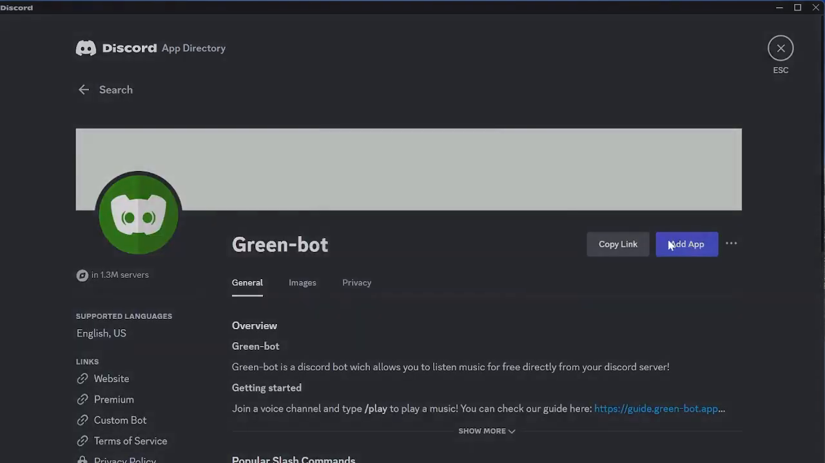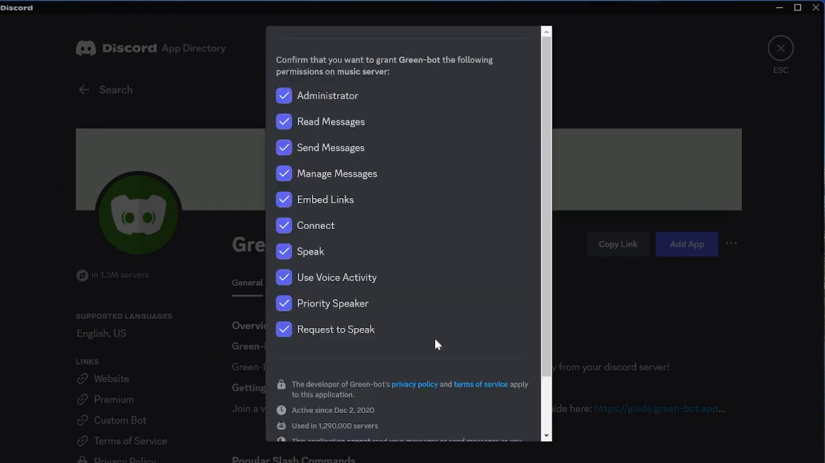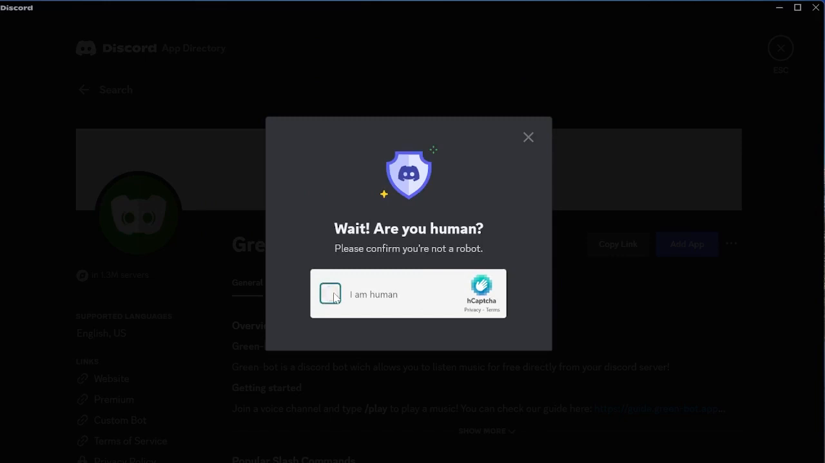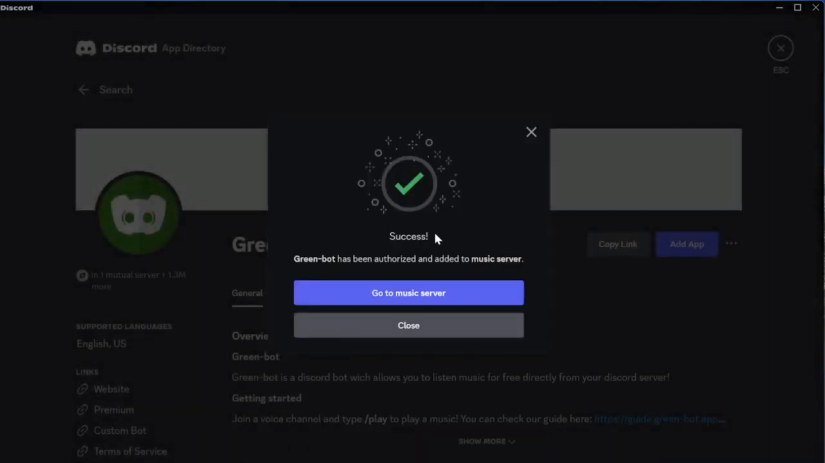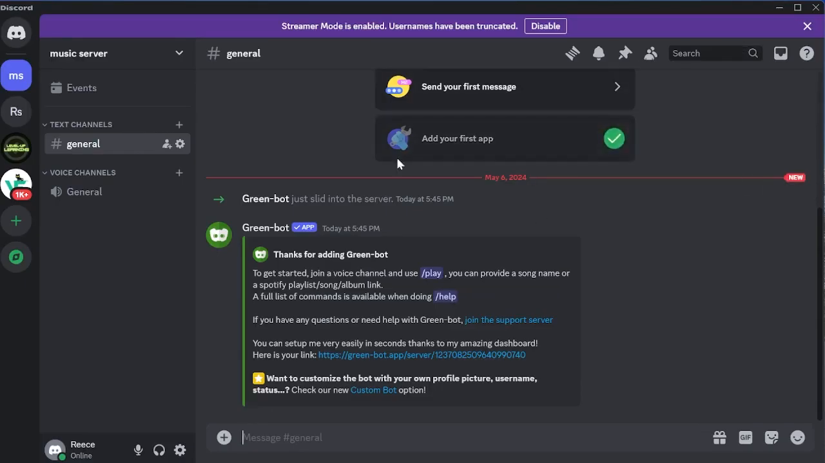Then select add app and select the server that you want it to add to. Mine's already selected, and then we can press continue. Make sure all of these are checked and come down to authorize. You might need to do this verification thing, and now success, the bot has been added to the music server. Then we can just close off of this and come back to our server, and as you can see here,